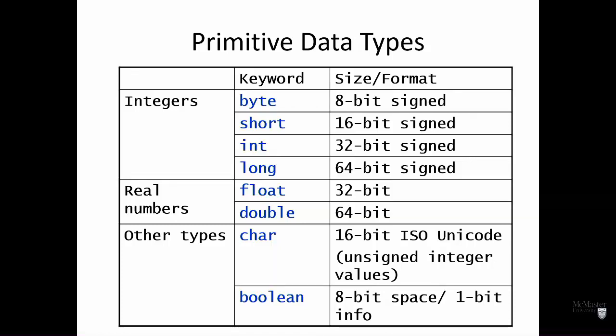If you have something that is more than this, like the Chinese language, for example, it doesn't work. And we said some of the other codes is ISO Unicode, which has 16 bits. Java, by default, has a character of 16 bits. Okay? And then we also have